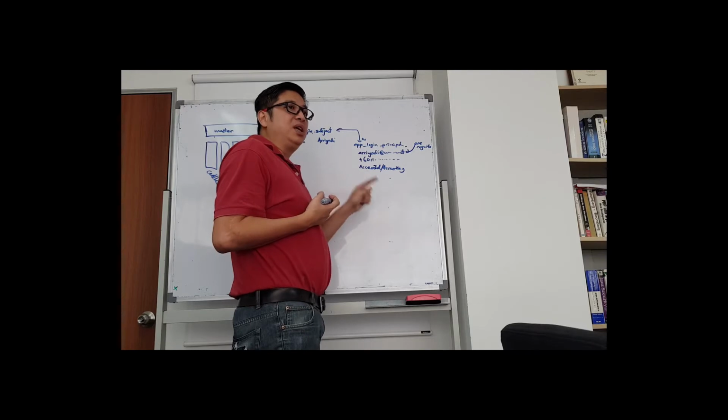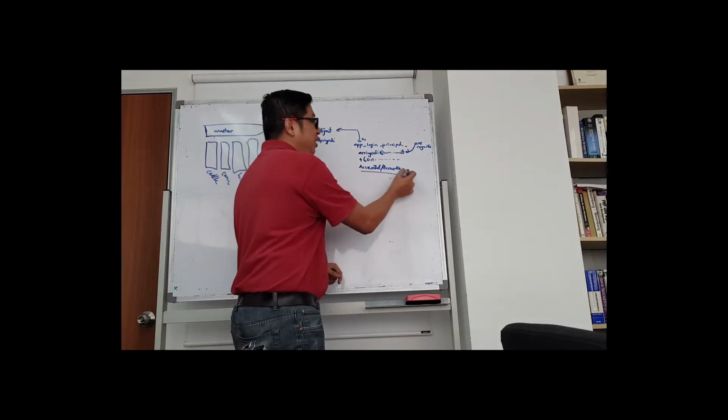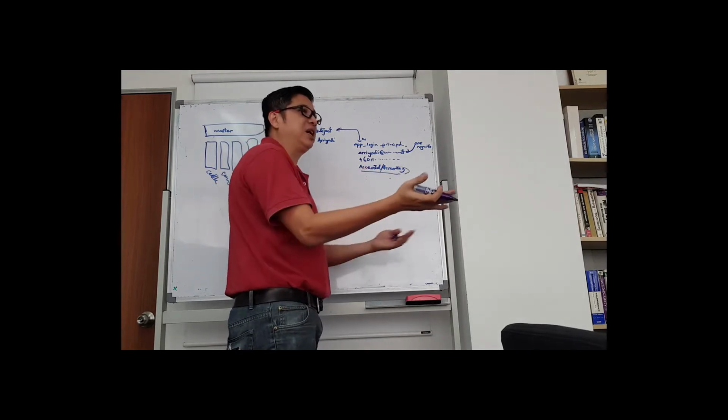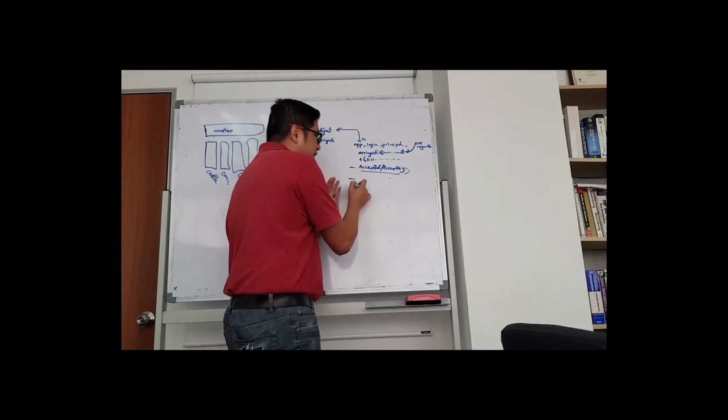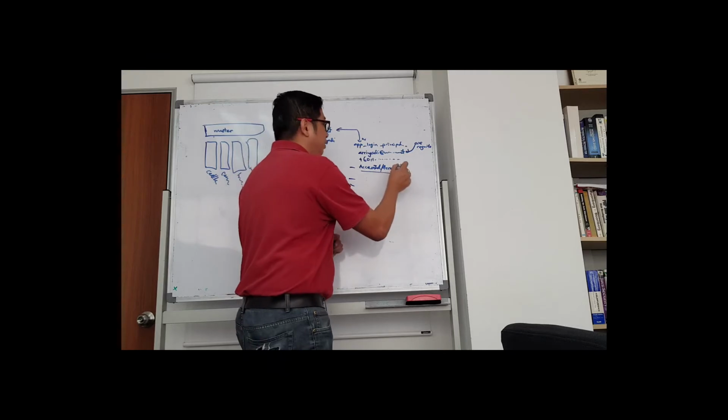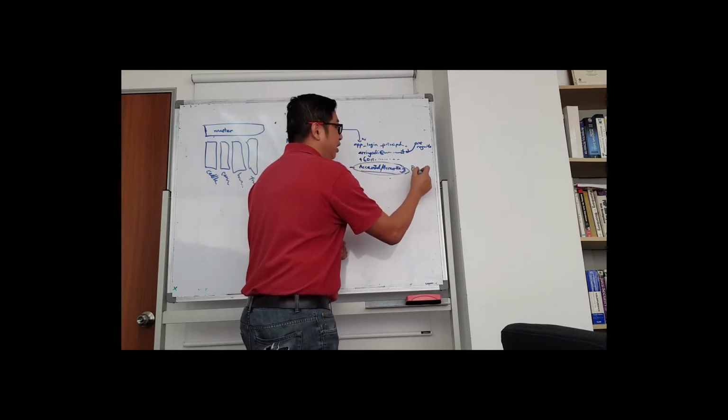And maybe he even wants to set this access key. He can generate multiple access keys, just like our Amazon IAM, and he can even specify, okay, this access key is for the